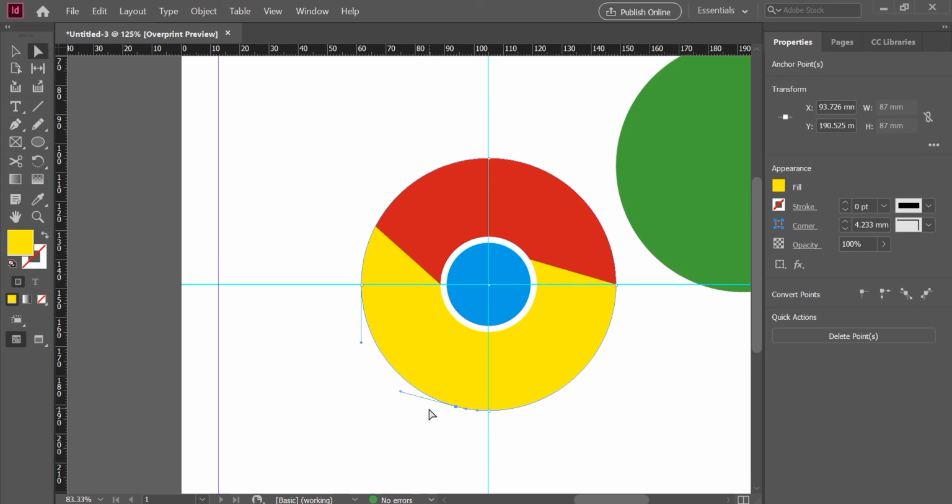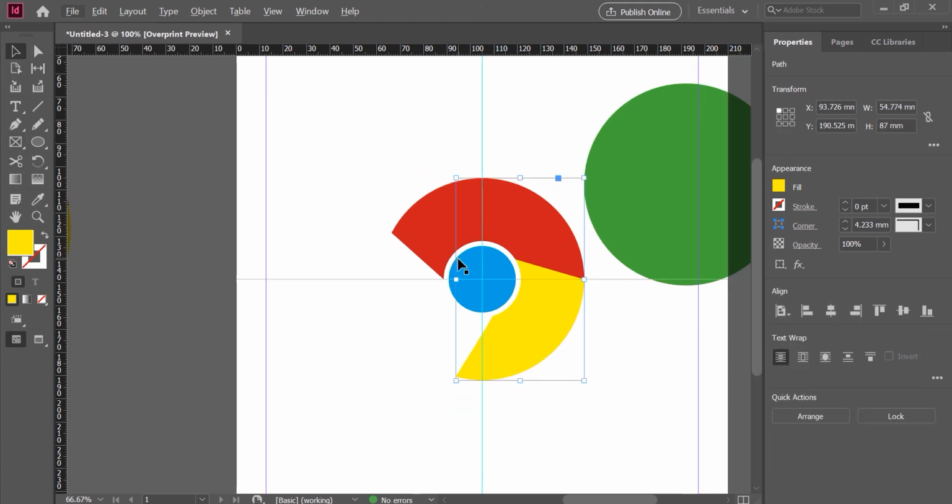And after adding that point, we need a straight line from somewhere from here till here. So for that particular line, I'll bring this one and fix this one here. So this should be a straight line again, so for that I'll use Alt key and make a straight line. This particular line also I'll bring it here and fix it till the point. Now we are done with the yellow one, we are left with green.